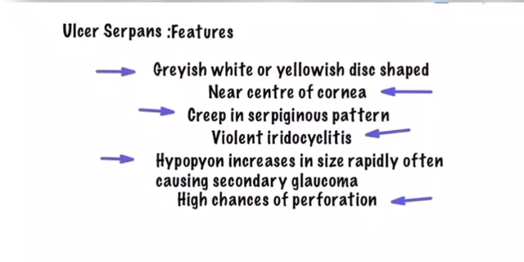Now talking about the features of the ulcus serpens, that is the ulcer of S. pneumoniae. The ulcer of ulcus serpens is a greyish white or yellowish ulcer, and the ulcer is disc shaped. Though the ulcer spreads in a snake-like pattern, the shape of the ulcer is disc shaped, and it is present near the center of the cornea. Location of the ulcer is near the center of the cornea, and this spreads in a serpiginous pattern, already told you,